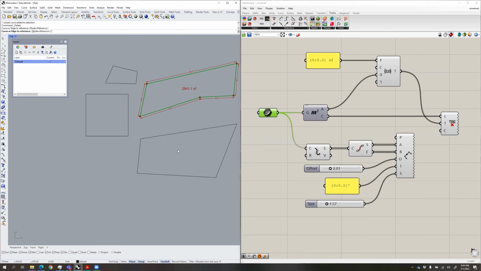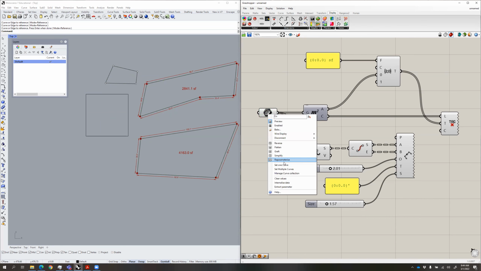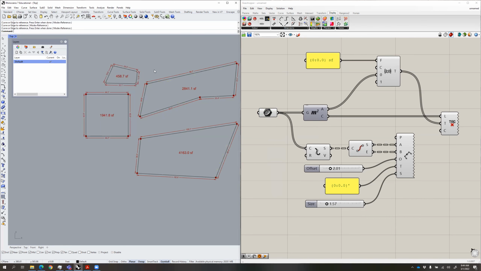If I set multiple, you can select 2, you get 2. You can set multiple, you can select all 4, and you get all 4. Okay, based on selection. If you delete 1,